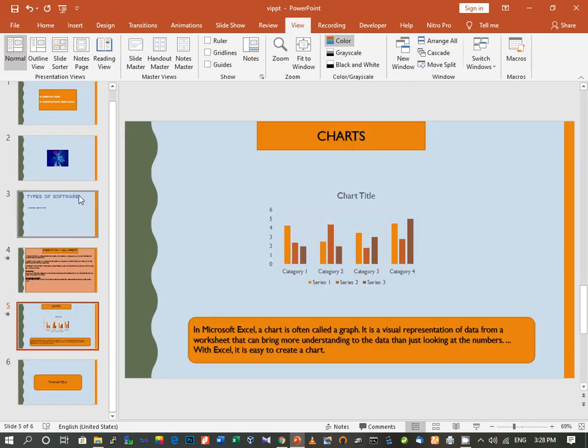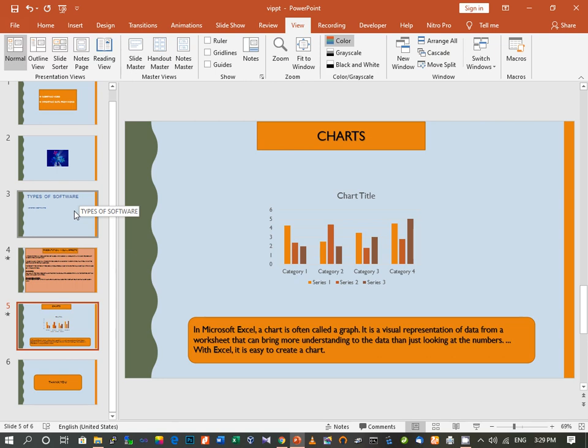So here you can see that the Word document which we created in Word is inserted in this PowerPoint. So this is how we can import data from Word, and how we can insert video in our PowerPoint presentation. Now one more topic we will learn today, that is how to use an action button.